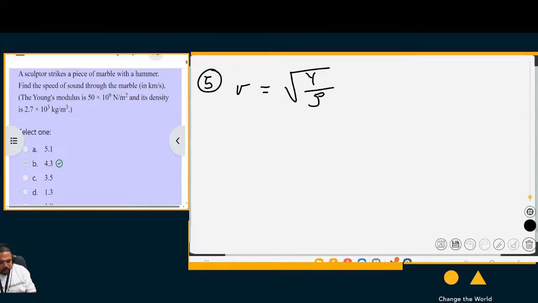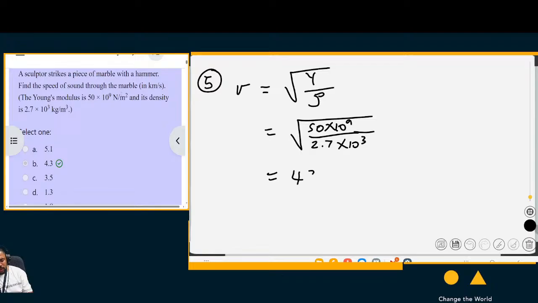Now, the Young's modulus in this case for that marble has been given as 50 times 10 to the 9 over the density of 2.7 times 10 to the 3. That gives you the speed through the marble, which is